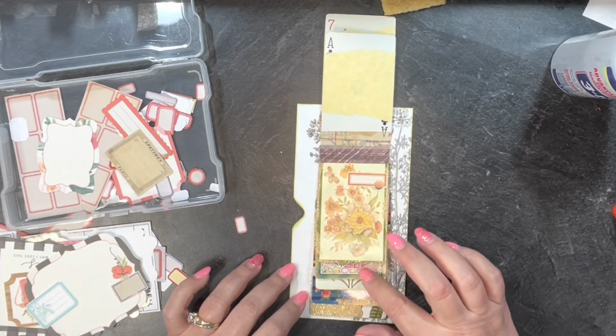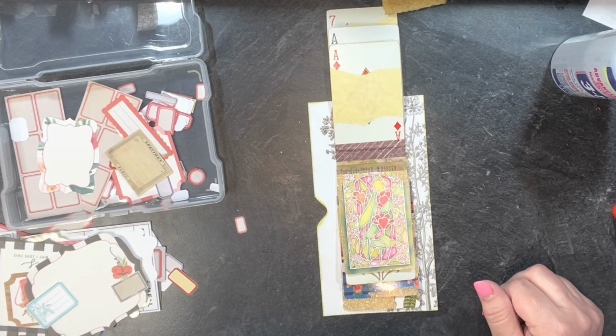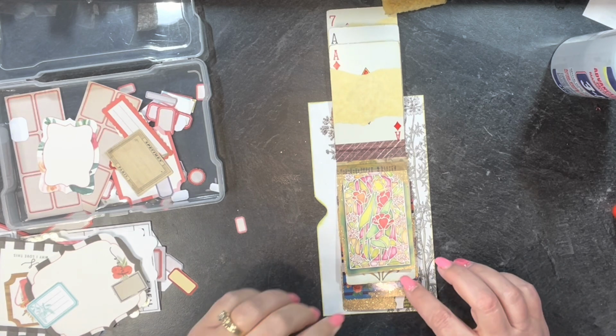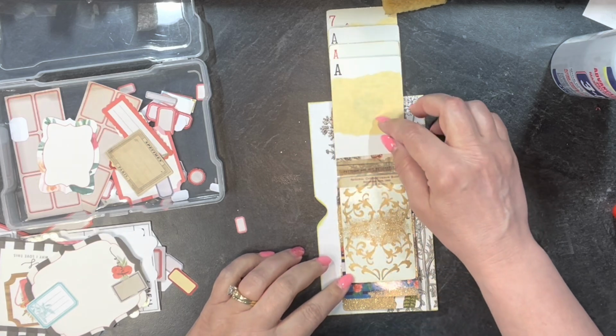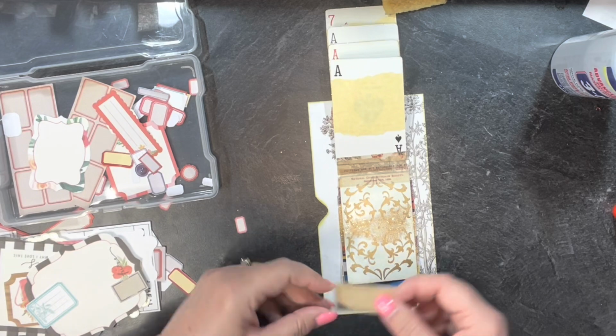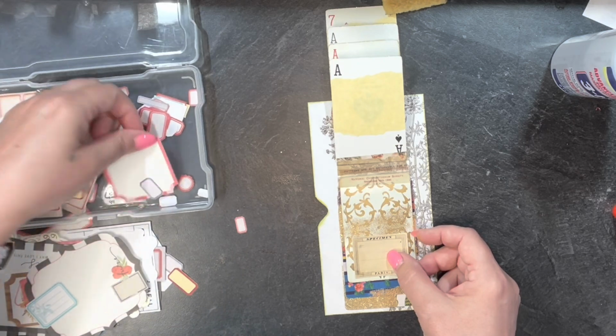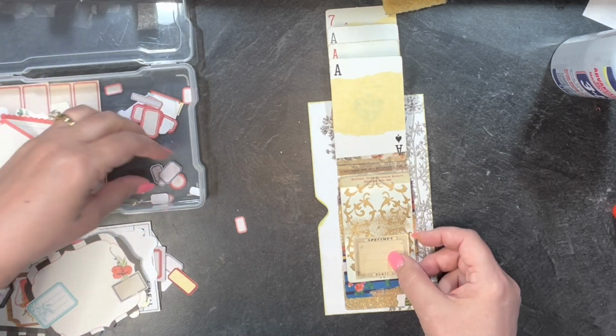Okay, next card. I don't know that I have to have one on every one of the cards. And there's really not a place on there. So I'm not going to put any on that one. I like that. And I could put